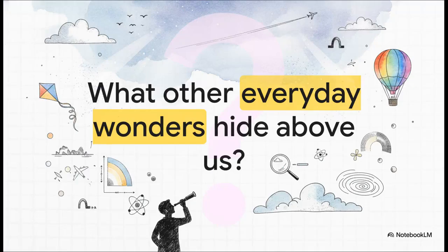And it really makes you stop and think about everything else in our daily lives that we just take for granted. I mean, if the blue sky is just this magnificent optical trick of the atmosphere playing with sunlight, what other simple, everyday wonders are hiding fascinating scientific truths right above our heads, just waiting for us to ask the